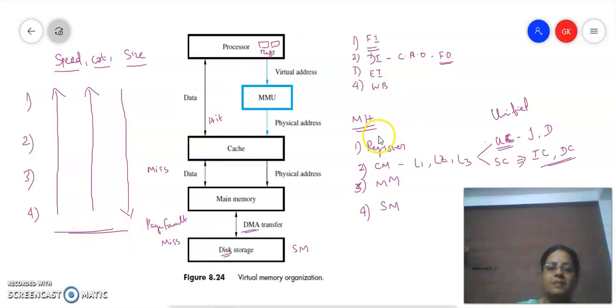Now coming to the concept of virtual memory. Here I have to store my program and data. That means my application is going to be restricted to the size of the secondary memory. If my application is greater than the size of the secondary memory, what will the CPU do? Will it deny my application? That is not usually expected. So for that purpose, we introduce one more level of memory, which is called virtual memory. As the name implies, this concept is virtual. That means there is no physical memory available with me, and there is no bound for the size.